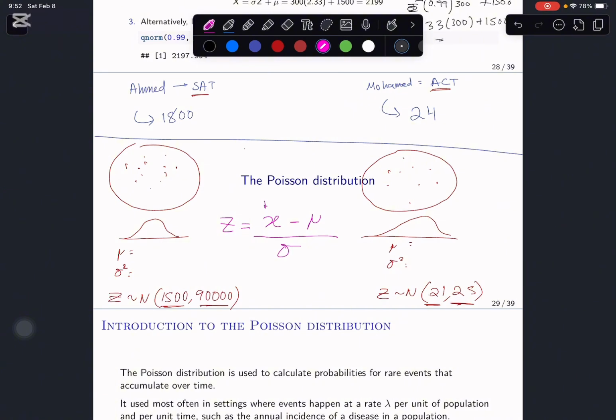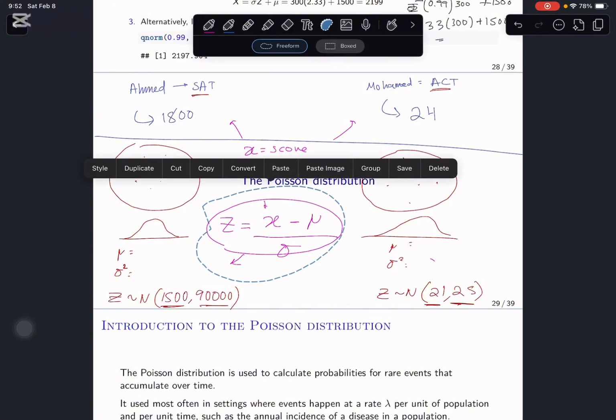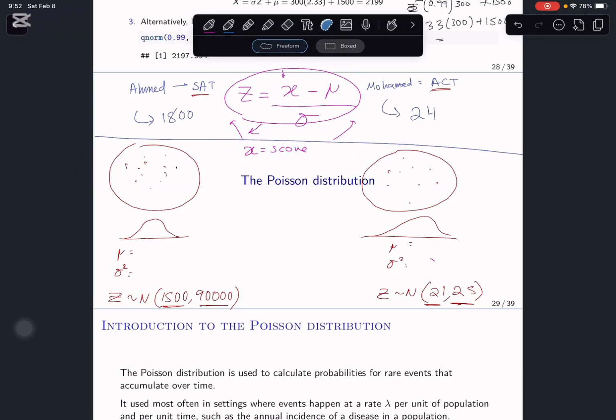X is the score we got, the score Ahmed got or the score Muhammad got. Mean is the mean of Ahmed's exam or the mean of Muhammad's exam. Each one on its own now. We're gonna compute this equation twice. So once for Ahmed, once for Muhammad. So what we're gonna do is, for Ahmed, Z equals his score was 1800 minus 1500